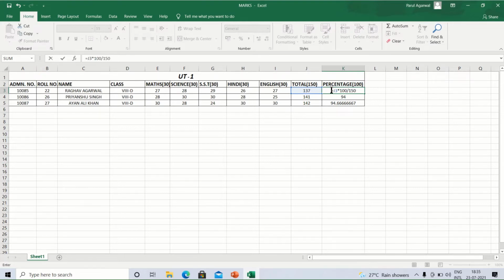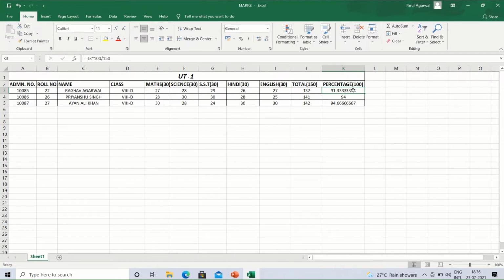That means the total number of marks, because the maximum marks of every subject is 30. So 30 into 5 subjects, maths, science, SST, Hindi, English, 30 into 5 is 150. So here we have given the formula J3 into 100 upon 150.